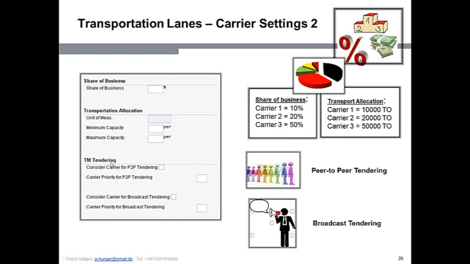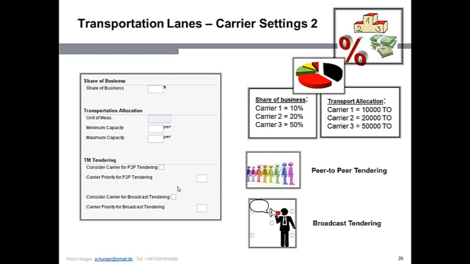Also, you have the TM tendering settings. So far, I explained that the transportation lanes are used mainly for the optimization. Actually, it's not totally true. They can be used as well for the tendering functionality. The tendering functionality is where you can send tenders to different carriers. You can say, hello carrier, I'm going from A to B, I'm planning to go on that date from A to B with this and such resource and with such and such weight, what would